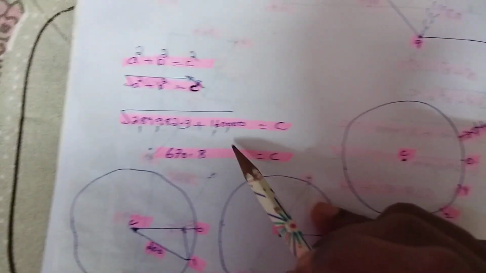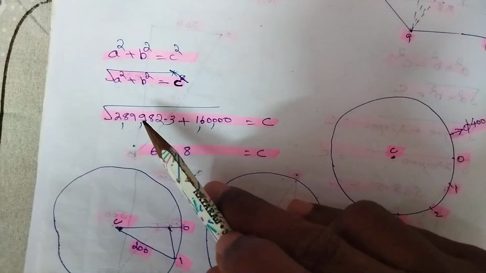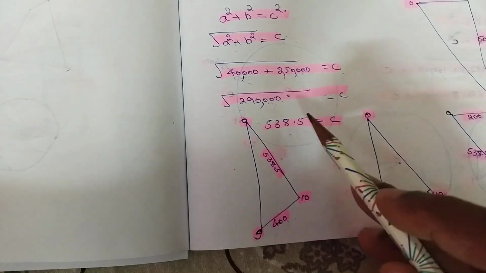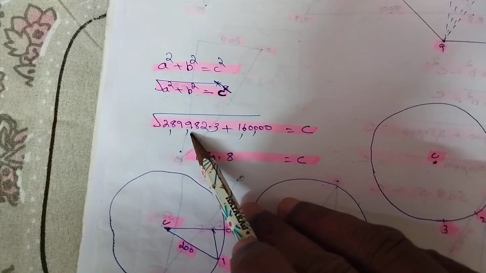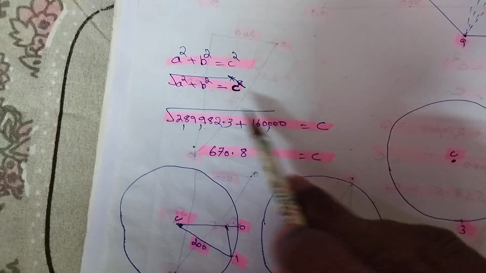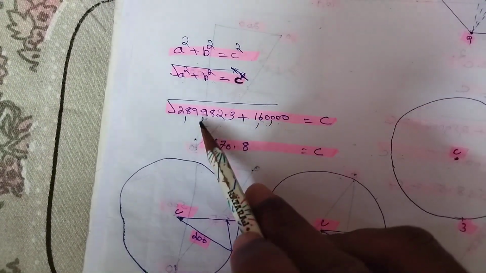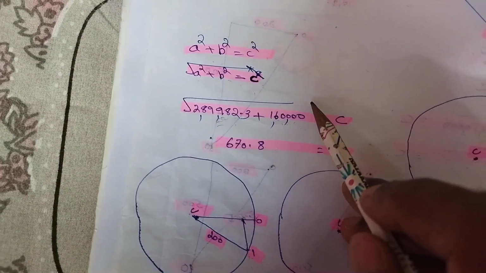I have written it here. Another one is 538.5 square. Calculate each square on your calculator, and after adding these two, we have to take its square root. Then we will get